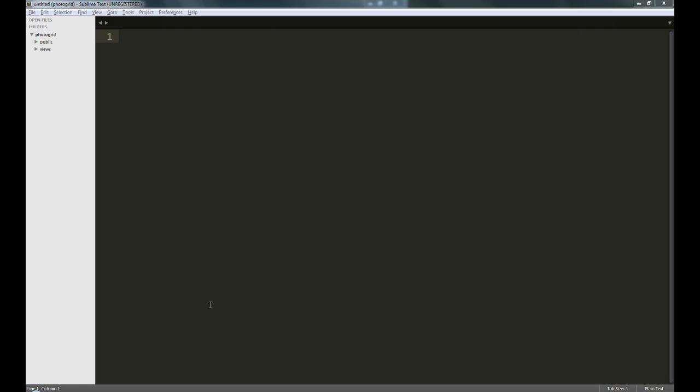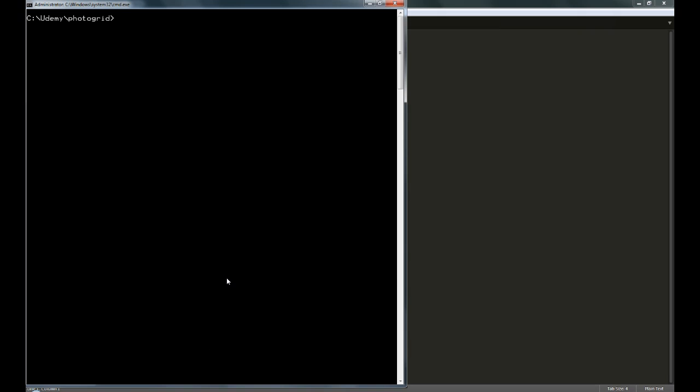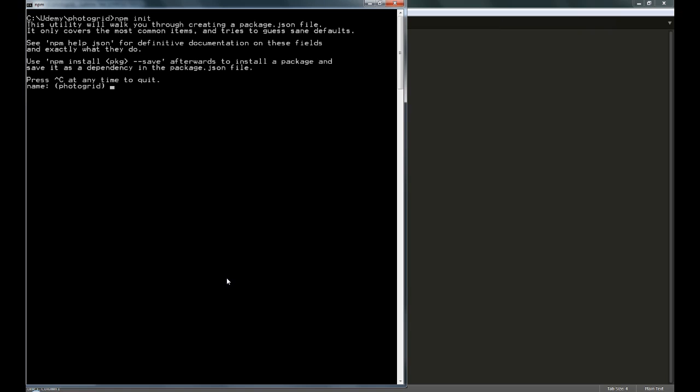Alright, so now that we have seen the front end user interface, let's create our Express app and get started with it. So the first thing that I would do is go to the terminal and type npm init, and we'll use the name PhotoGRID, and let's keep the version number as 0.0.1, and let's just keep pressing enter,